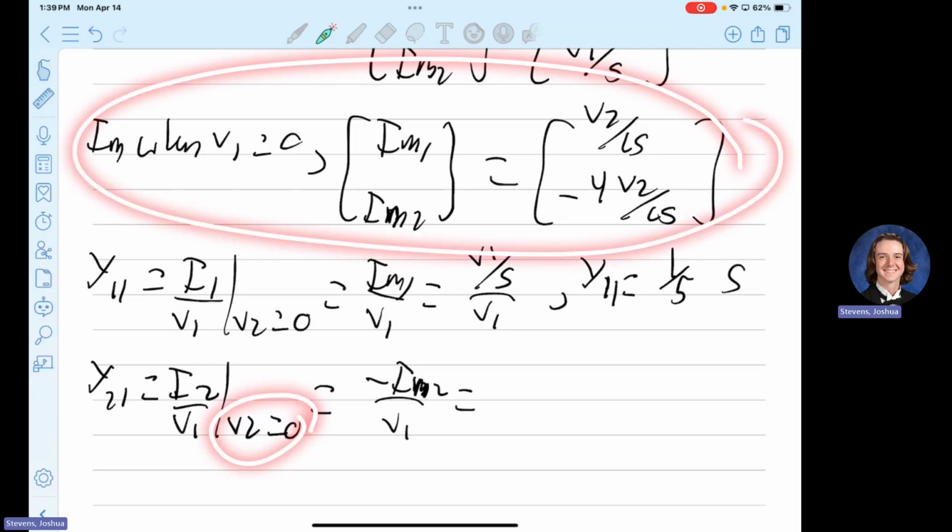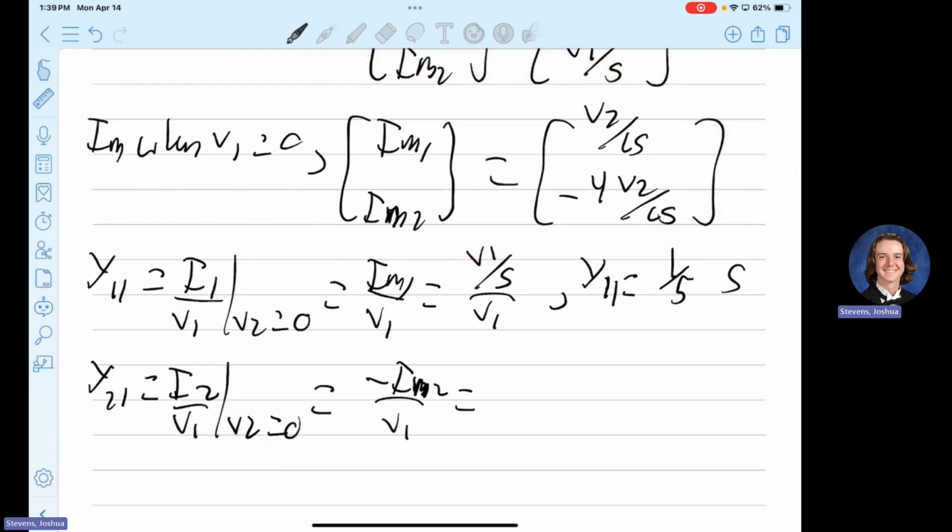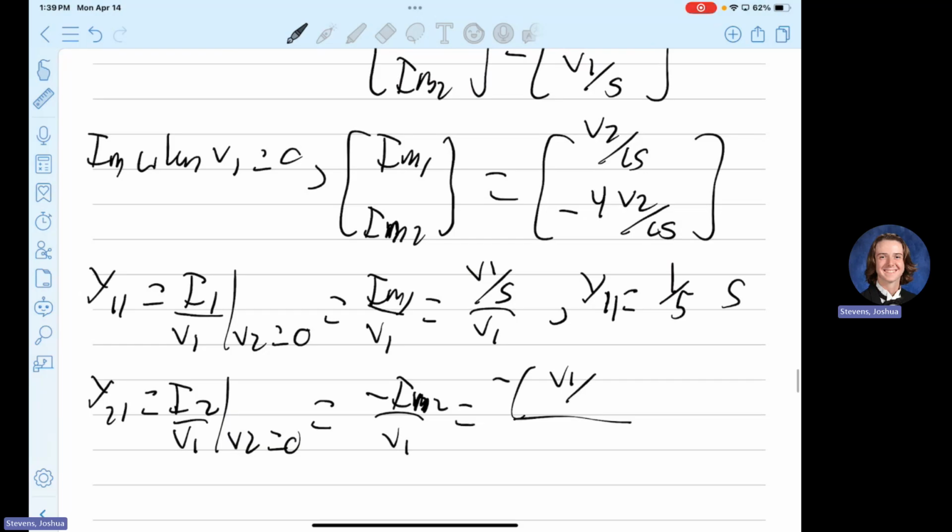I'm going to look here. Does that make sense? Okay. So IM2 is a negative 4 V2 over 15. It should be the first matrix, because you're doing when V1 equals 0. I'm just testing you guys. V1 over 5. Yeah, I agree. Over V1. So that means that